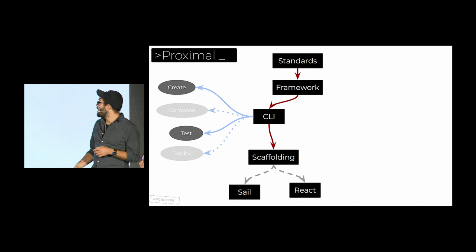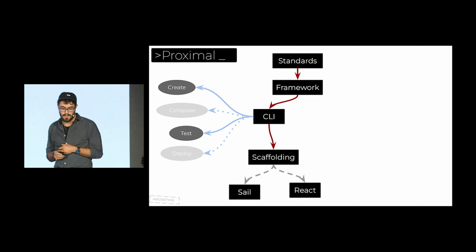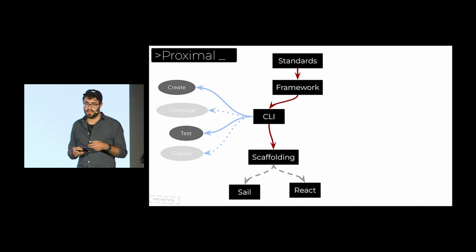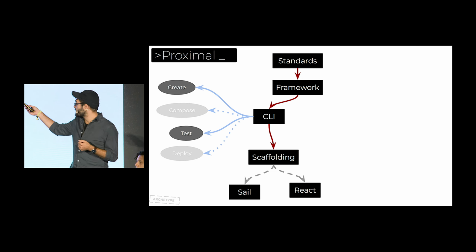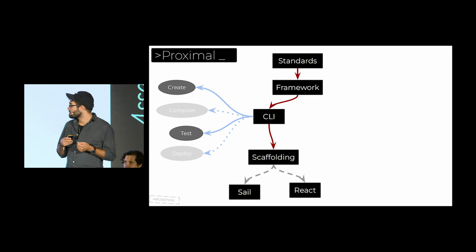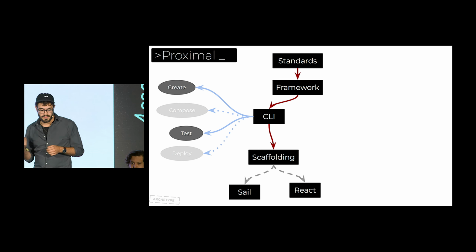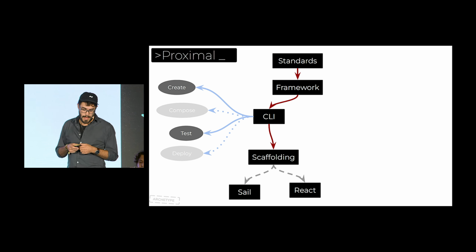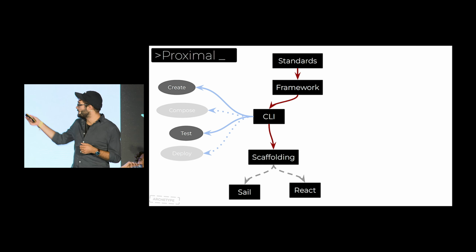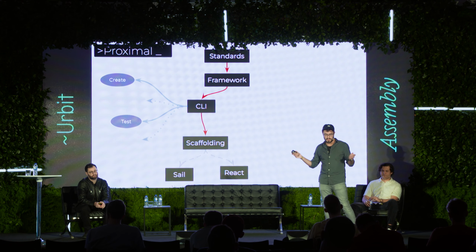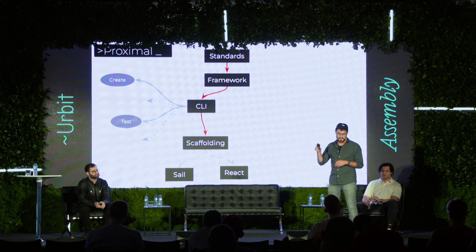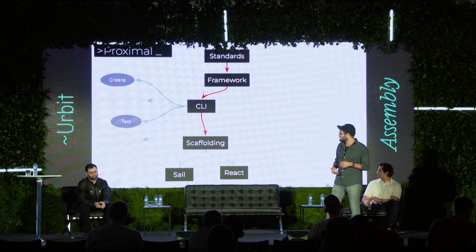And so just like the last diagram, this is what we're working on right now, right? We have the standards, we have that framework, at least the first version that we're soft launching today. And with the CLI, you can scaffold and build projects and then run them. It helps you run them. And so with that, you get this creation and testing piece. And once the registry itself is on a testnet, today we're soft launching the white paper. Once the registry is on the testnet, the CLI will also be able to fulfill those last two grayed out parts of this life cycle, which is consuming packages from the registry, browsing them, and then also publishing any primitives that you built yourself.